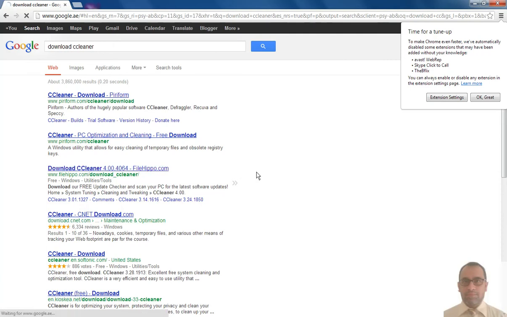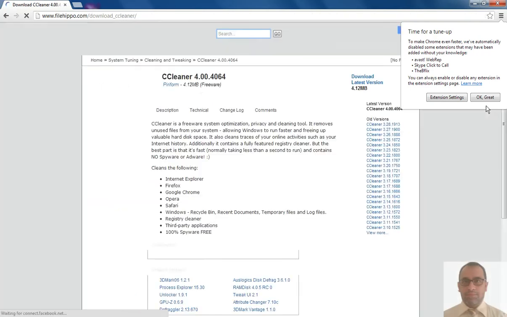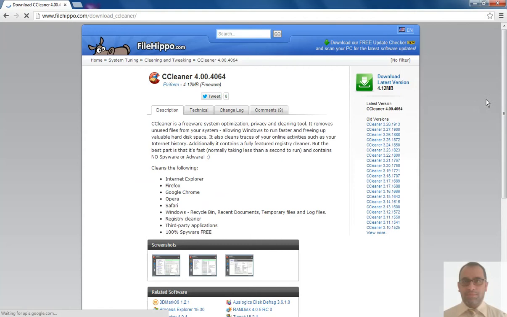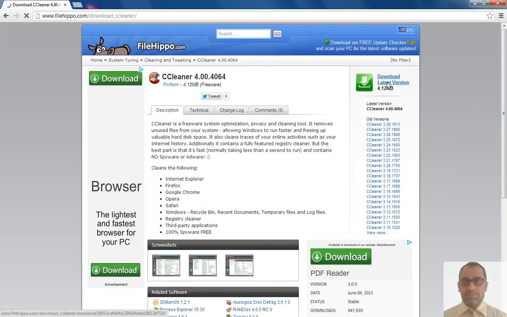So you can click over here and you can download the latest version from here. I already have this file on my computer, so no need for me to download it again. This is just to show you from where you can get this free software. As you can see, it is a freeware.